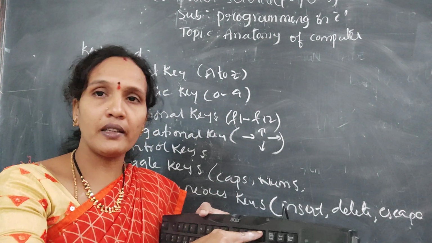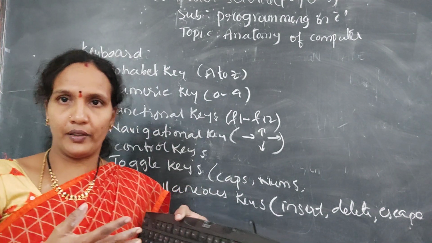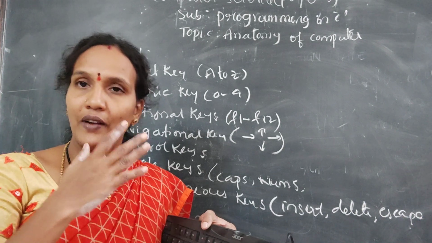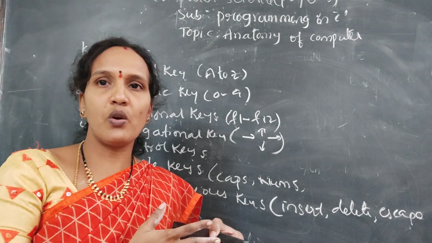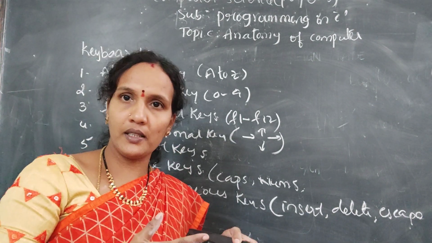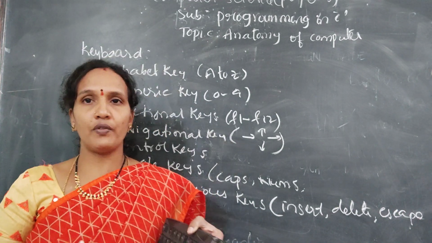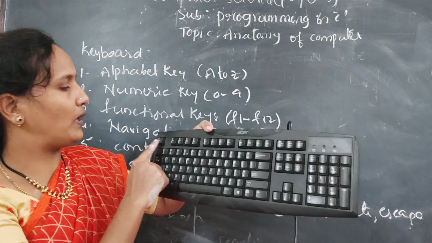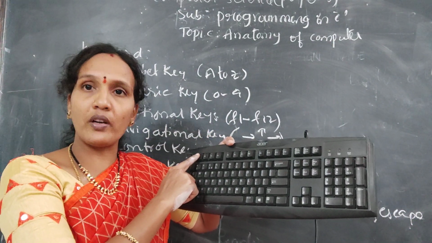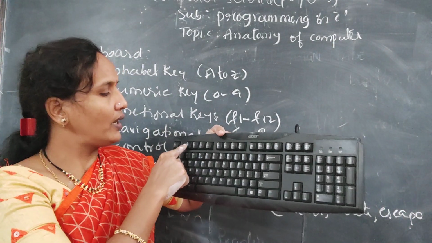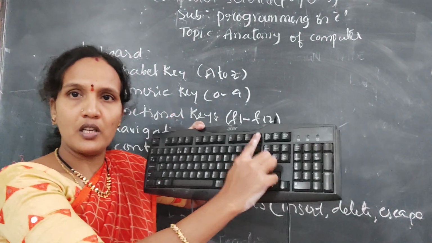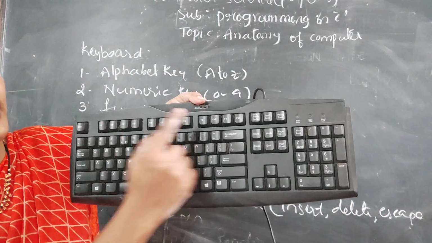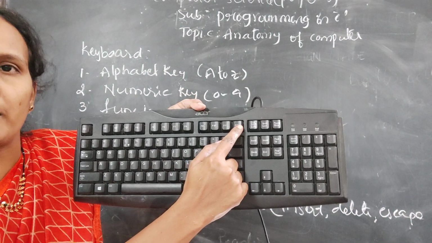Again, this functionality is different for different application software. The functionality of these functional keys is not constant. So it depends on the operating system and it depends on the application software you are using. Based on that, the functionality will change. So F1, these are all shortcuts to the functionalities. Okay, F1 to F12, 12 functional keys you have on the top.